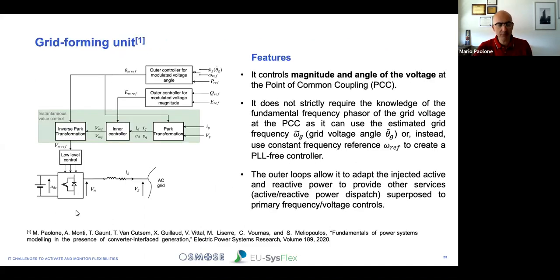Now, a few concepts to recall. What is a grid forming unit? Essentially, it is a power converter where the controlled variables are the magnitude and the angle of the voltage at the point of common coupling, which is essentially the point where the converter interfaces with the grid. This control does not require knowledge of the fundamental frequency phasor of the grid, since this can be reconstructed using a PLL-free controller. Of course, with this controller you also have outer control loops that are responsible for providing the set points